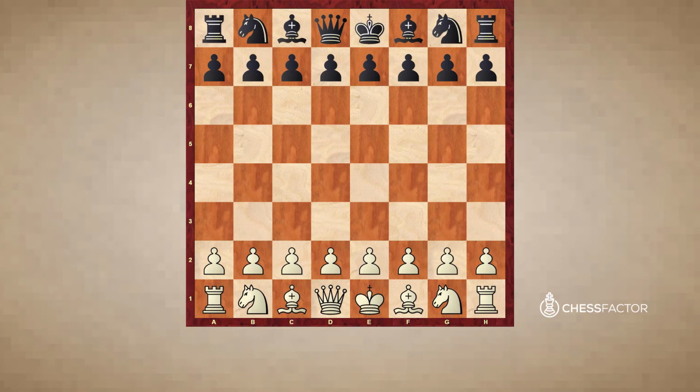The first example of a skewer we're going to look at is actually a game played by Bobby Fischer in 1957 in the US Open. And because the skewer occurs early on in the game, we'll actually start from the very first move. Fischer went for e4,